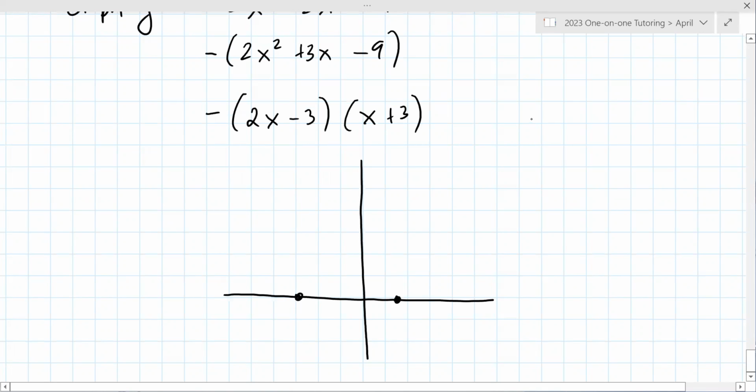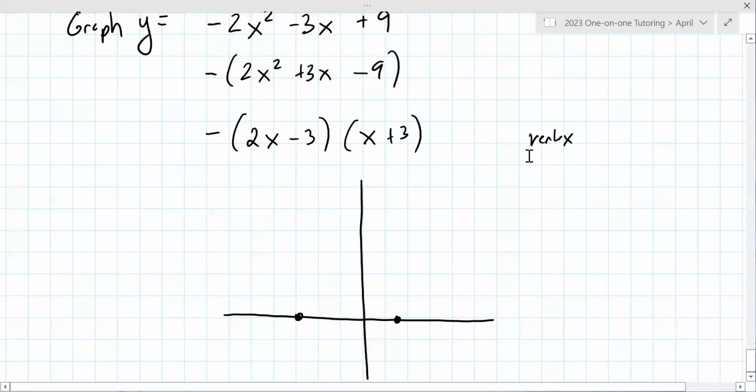This one's a little bit harder to determine the vertex. So let me instead have you find the y-intercept. Y-intercept. I got